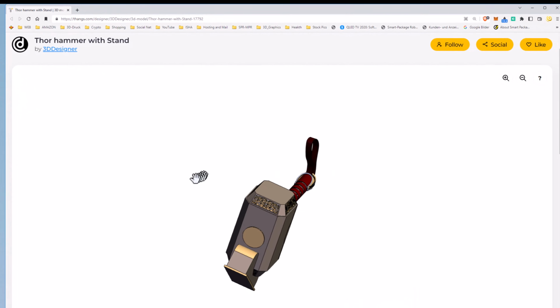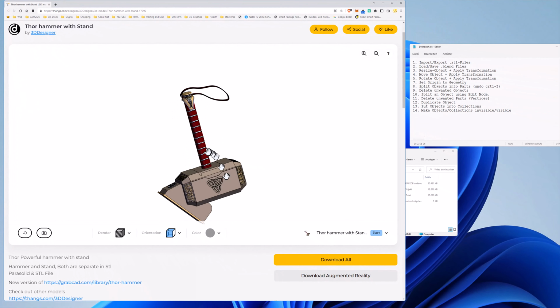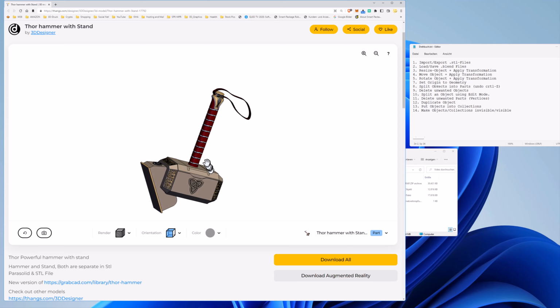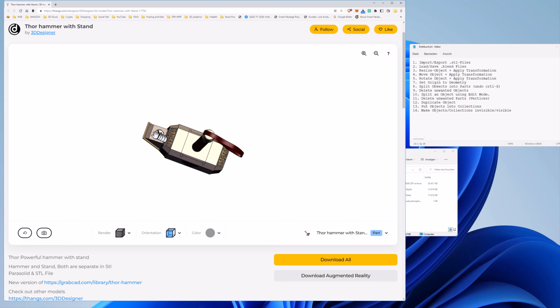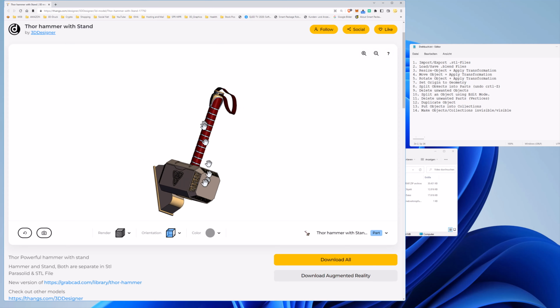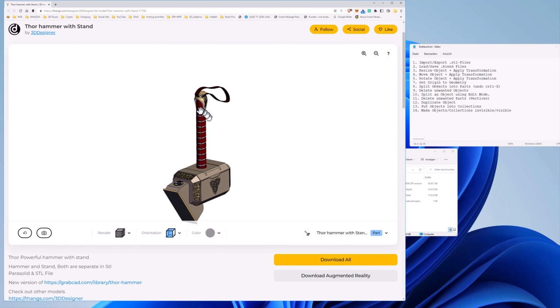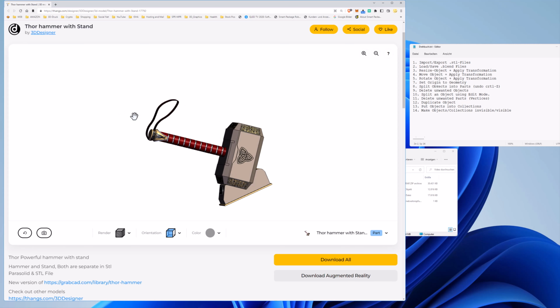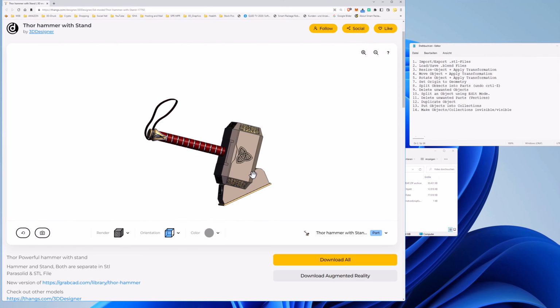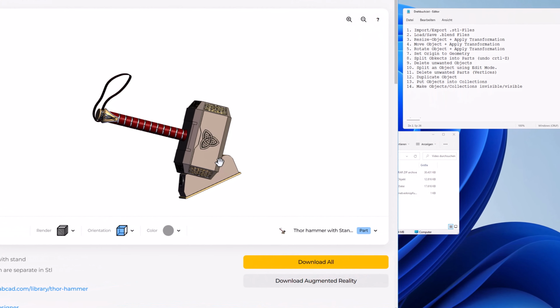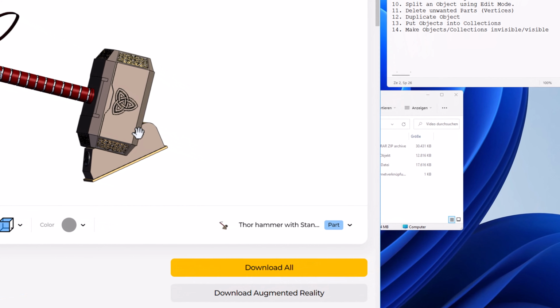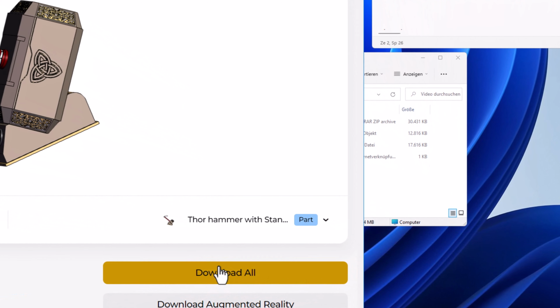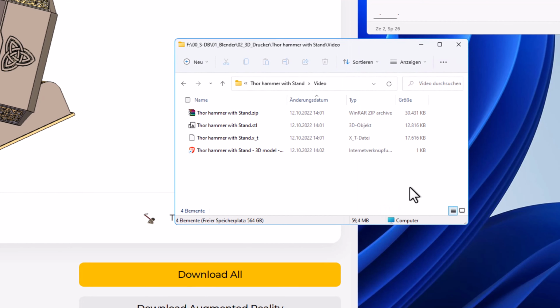One of the possible sites where you can download such STL files is, for example, this site here. And as an example, not necessarily the best example, but good as an example, we have this hammer with stand that can be 3D printed. And with this, we will take a look at how we can change it with Blender so that it's easier to 3D print. So the first step: I'm downloading the model into a folder, and then it looks like this,